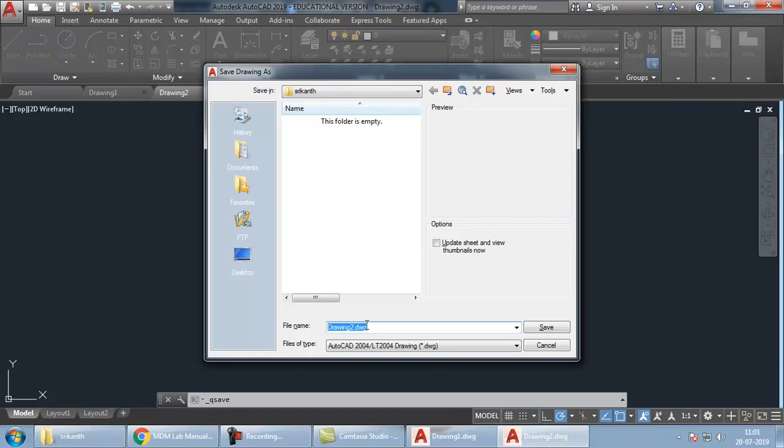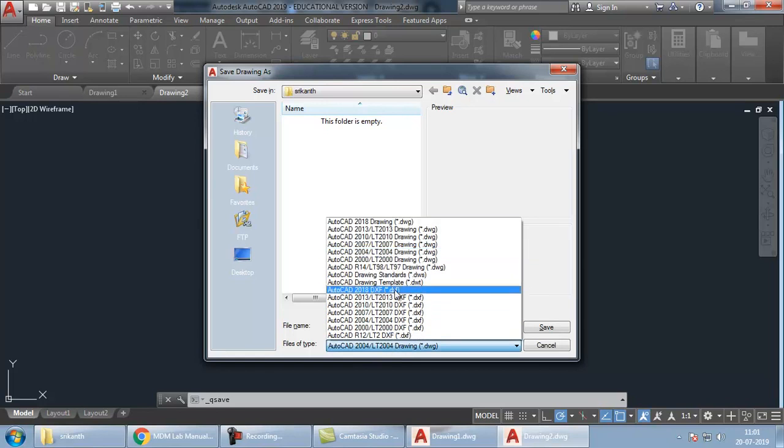When you save to the older version, the advantage is you can open that drawing with an older version. But attached with that, there is a disadvantage. The newer features which were added after the 2014 version will not be saved in the file. So there are advantages as well as disadvantages. Based on what is convenient for you, you can accordingly choose it.